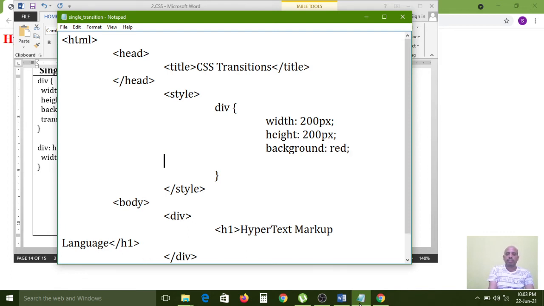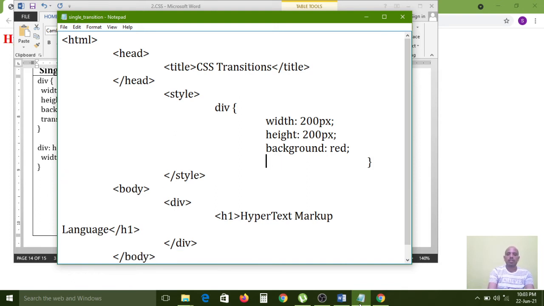Right? Now these are the properties. Now I am saving this one.